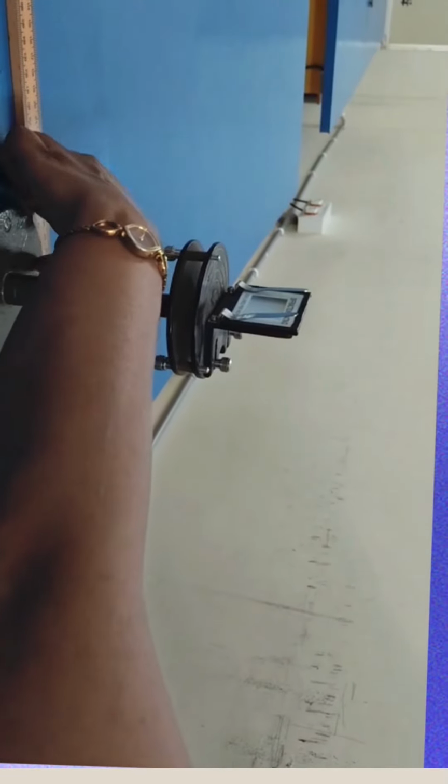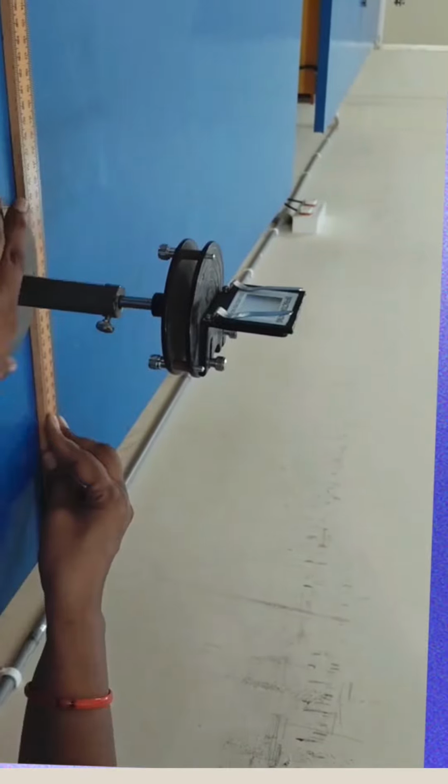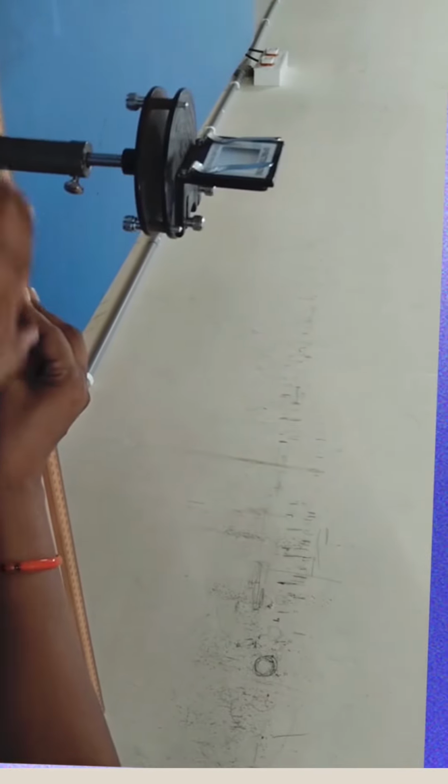We can get first order, second order, third order diffraction. When the light from this semiconductor diode laser source travels in the incident direction through this diffraction grating, that light deviates from that direction to another path, because the refractive index of the medium is changing. From this center to here, the distance is 70. Screen to this grating stand, the distance is 70. At this 70, in a dark room, we can observe many diffraction fringes.